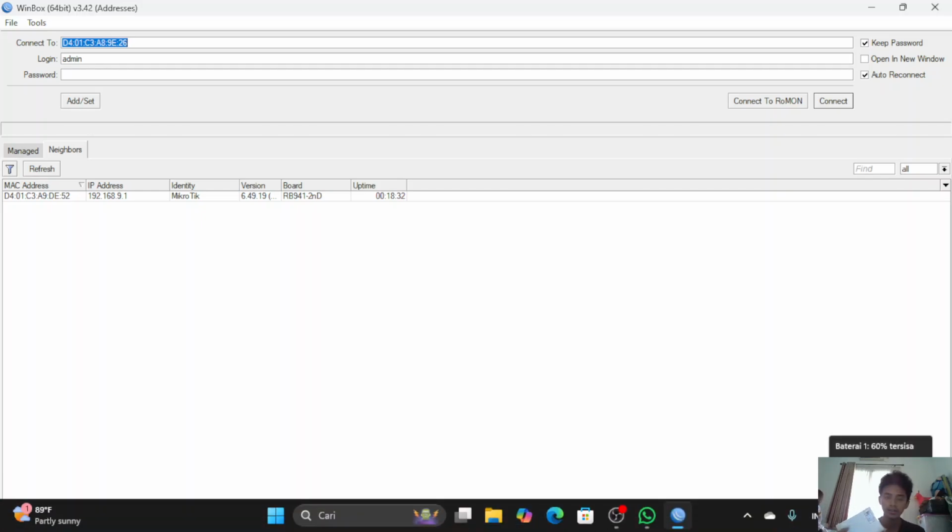If I disable the mark, this change means there is no internet. Go to the other client.